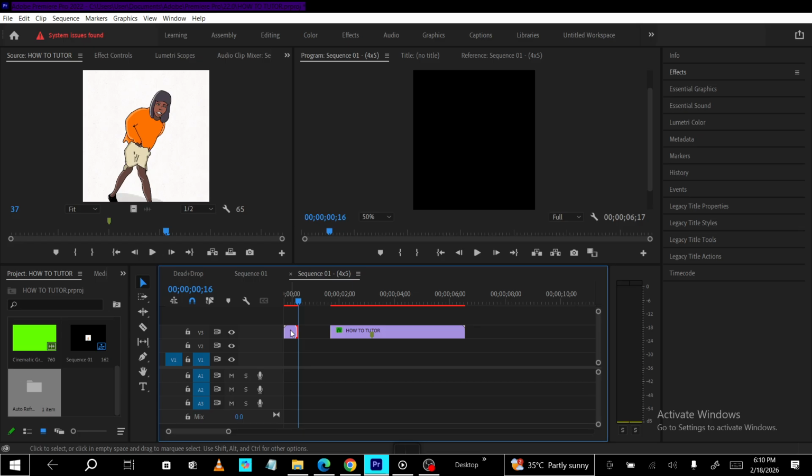A couple of quick tips as you work. Make your cut at a logical moment in the action so the edit feels smooth. If you notice a slight pop in audio after a cut, consider